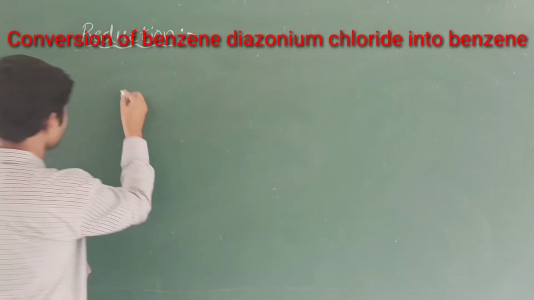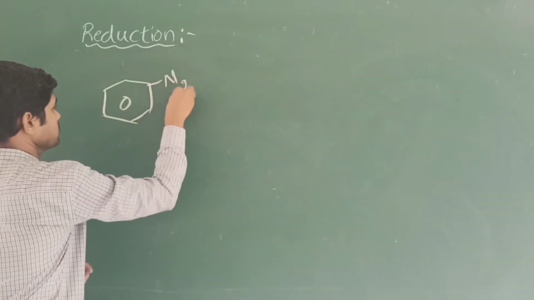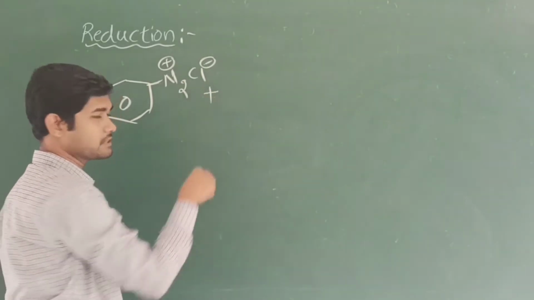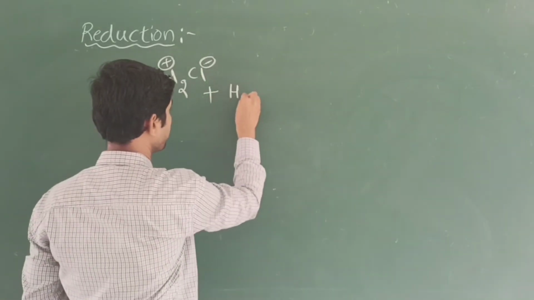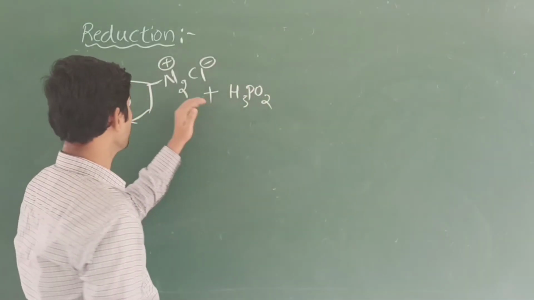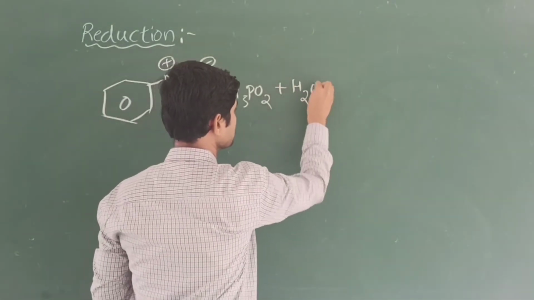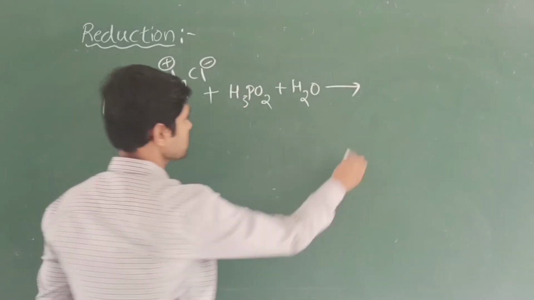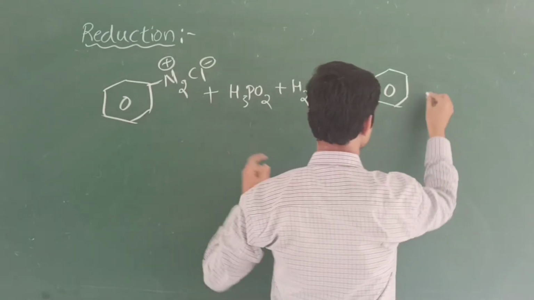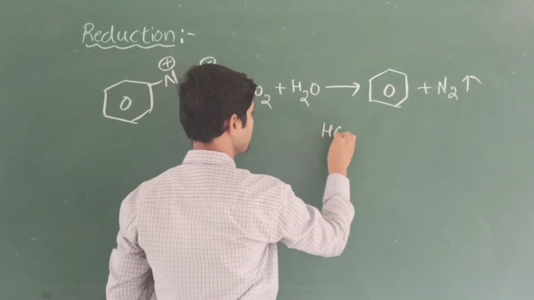Let's see the reaction here. This is called benzene diazonium chloride. I am going to treat this with hypophosphorus acid. The hypophosphorus acid formula is H3PO2, which is going to reduce this compound to benzene, and I am also going to treat it with water molecules. So after this, what will happen? Here it is reduced to benzene, and nitrogen gas is eliminated, and the remaining is HCl plus